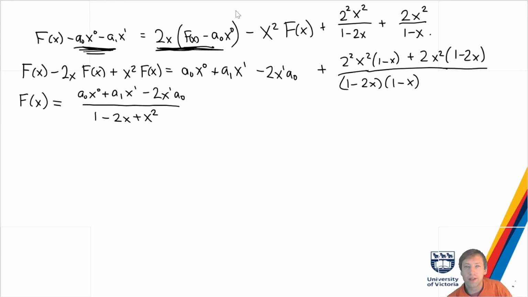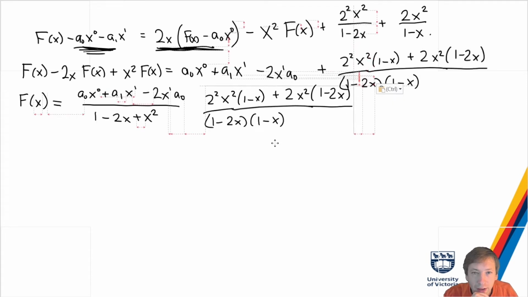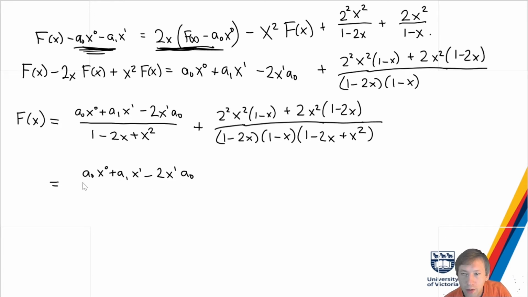Then I've still got my other stuff here, which all becomes, so maybe I'll just use the copy paste function to bring this over here. Okay. So I've got this, and then I've also got to divide by the same thing. So 1 minus 2x plus x squared, which, by the way, does this factor? I think it's x minus 1 squared, right? Or 1 minus x squared. Let's go with that, because this is going to be then a0 x to the 0, a1 x to the 1 minus 2x to the 1 a0 over 1 minus x squared